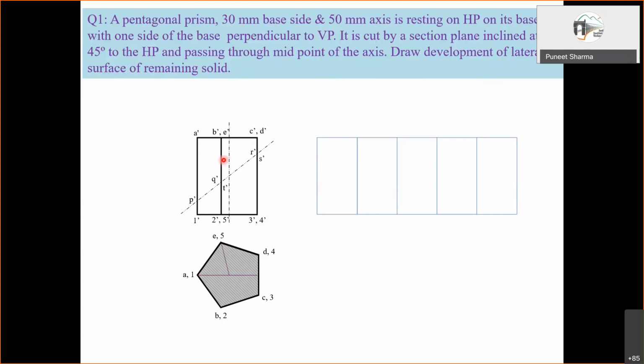Height we get from the front view, and here this much distance from this corner up to this. This is as per this distance, because this top view will give the true length of any side of this pentagon. So this will be the true length, this will be the true length, this will be the true length. So like that 5 times it will be repeated, and we will have the 5 rectangles for the lateral surface.